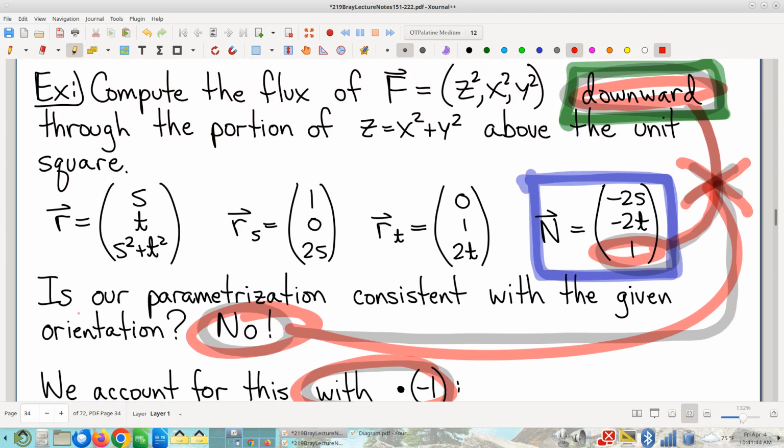It's your responsibility as the person doing the computation to check and make sure that you've parameterized the correct direction. It's not going to be signaled in the statement of the question. This is something that you have to know. It's part of the process of computing with this pullback formula. So don't look for any reminders on this. And so you have to make the mental note. You have to have a little mental